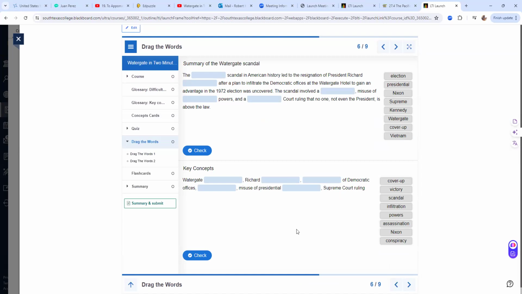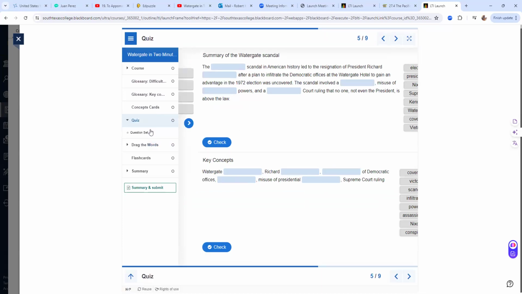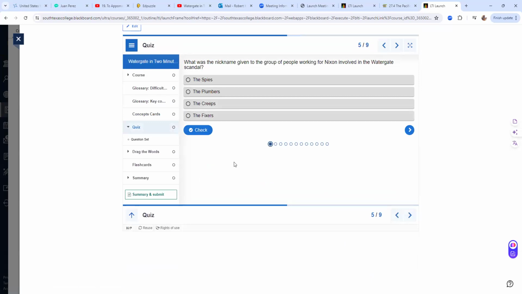Now, the problem with H5P is currently, and I've been told that this is going to be fixed soon, there's no way of limiting their attempts. So they could take this as many times as they want to, in order to get all of the answers correct, right? So the problem there is, well, they probably won't engage with it too much, right? Especially for these quizzes. They're just clicking things until they get it right. Now, most students that I've seen are only taking one attempt, or two attempts. But yeah, it's possible. So what you can do to alleviate that if you find this to be an issue is